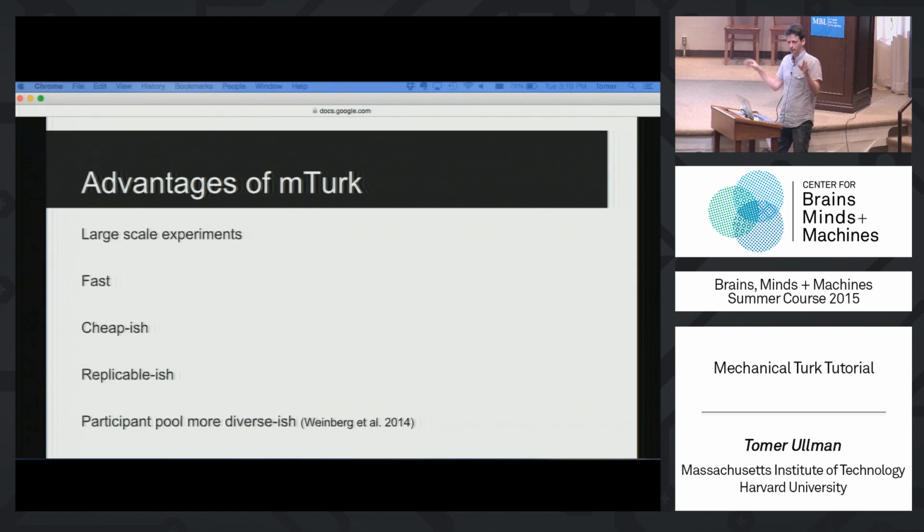Weird, being like Western, educated, industrialized, rich democracies, which is usually the pool that's been studied in psychology. These pools are a lot more diverse. They're not diverse enough for certain things in social psychology, and that's this paper by Weinberg, where he says, you know, sometimes social psychologists really want to control for making sure that age is not a factor, or something like that. Or they really want to get at what the population is, where they think age plays a factor, or something like that.